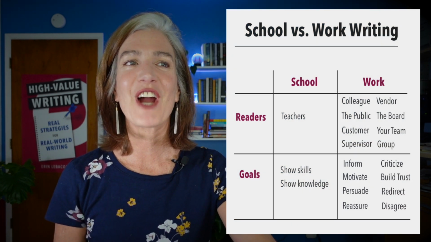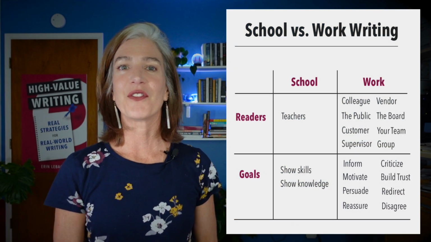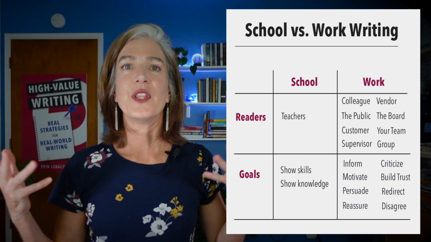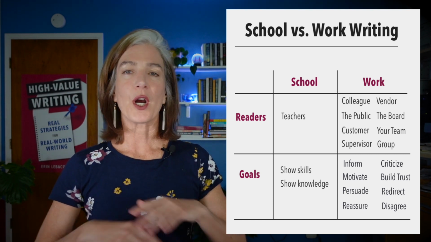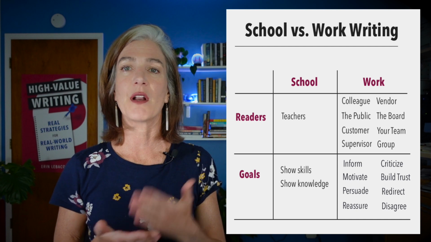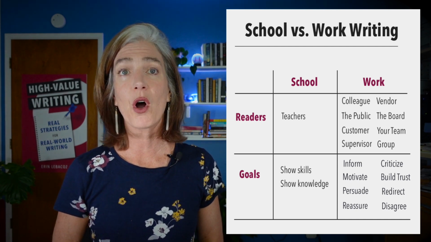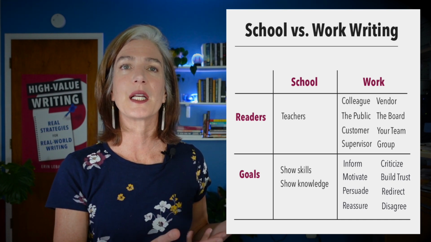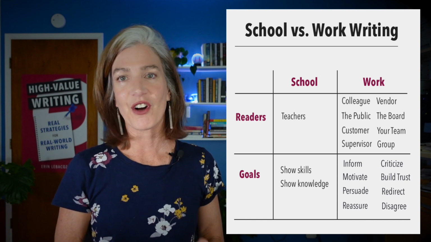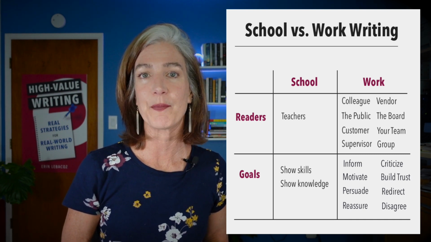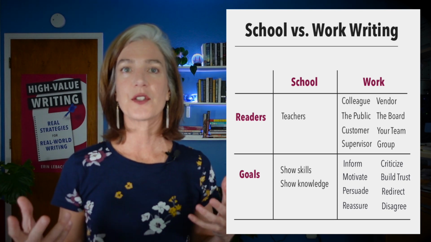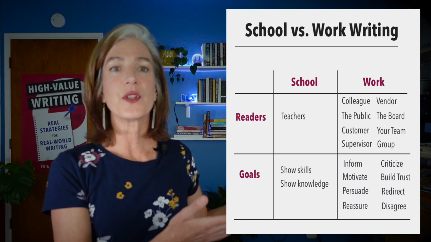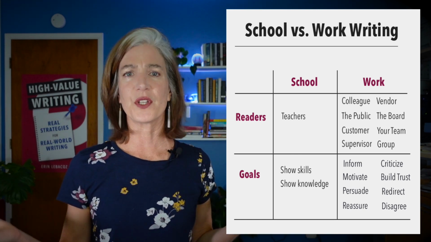But now let's fill in the right side of those rows and columns and talk about our readers for work. Okay, big difference, right? These are just 8 examples. When we write at work, we write for so many different kinds of readers. They're not always the same person. They're not always in the same role. So we're going to have to make a lot of different decisions when we write for people at work because they're not all our teachers and they haven't all given us an assignment sheet or a set of requirements. And now we're thinking about how we adjust our language when we go from writing to a colleague or our own team to writing to the public or somebody on the board. What are the differences?